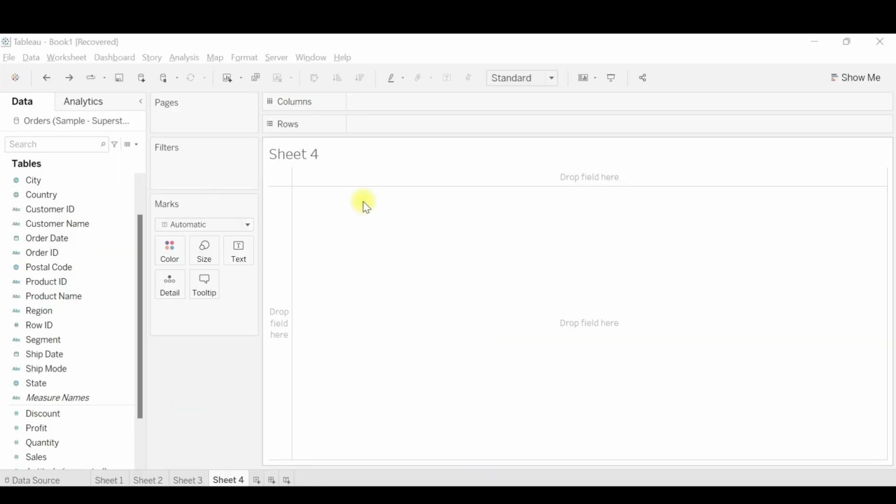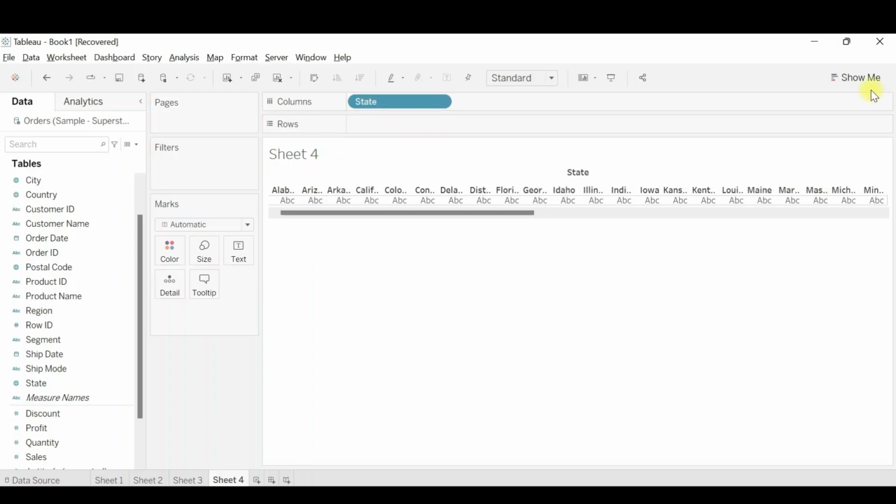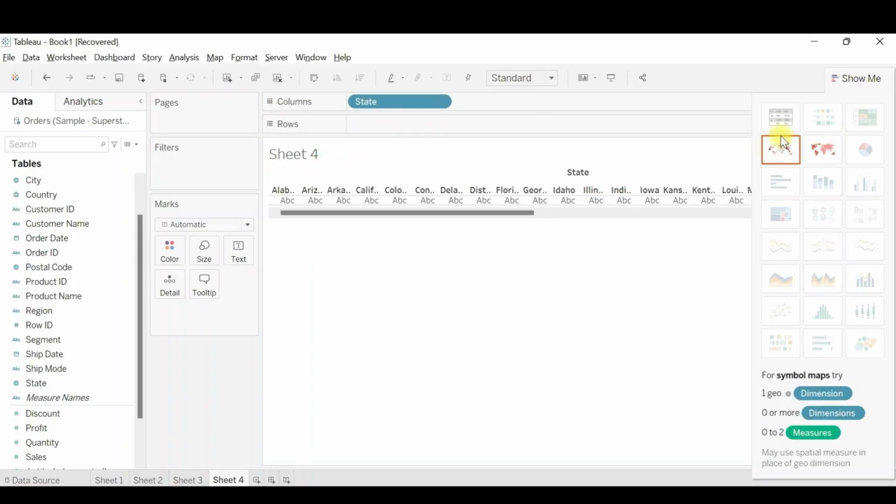So I created a new sheet. Let's see how to create a filled map. Before I start, a tip or a trick here: normally we drag and drop State and push it to the columns, and then from the Show Me we select the map.